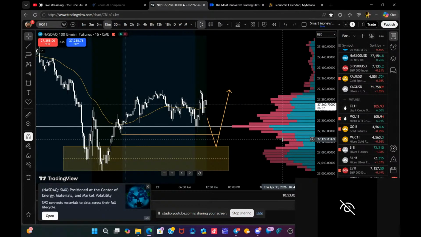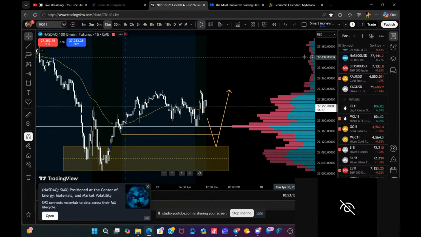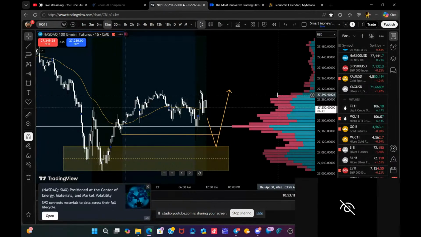So you have a low volume node here. I'm going to say lower volume here because this area is lower in volume than this one and this one. And you have low volume up here. You also have what's called value area high. See where it's shaded up here and then where it's shaded down here. Your value area high is the edge right here. Your value area low is down here. So what I like to do is, I have been trading those rejections